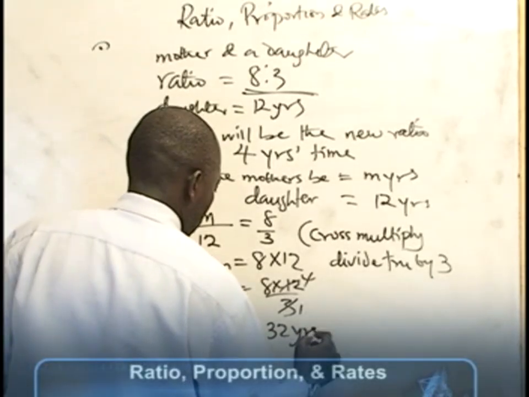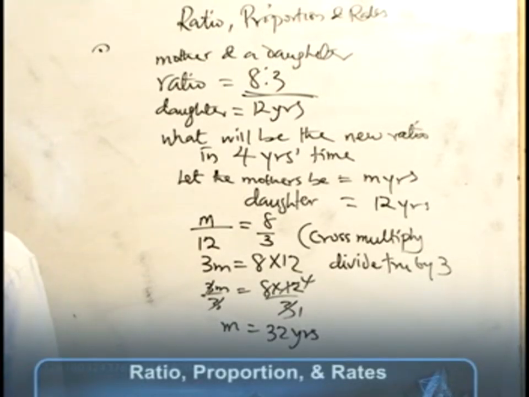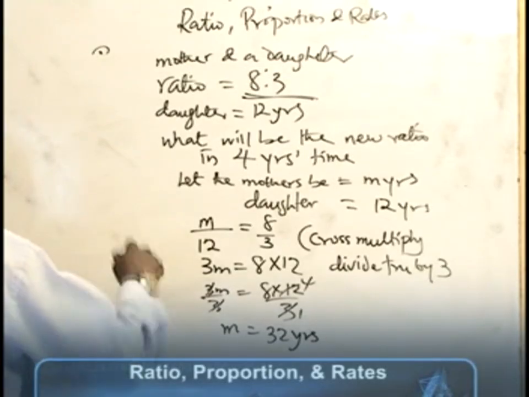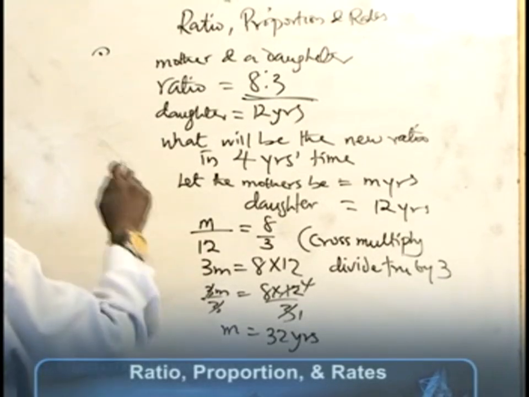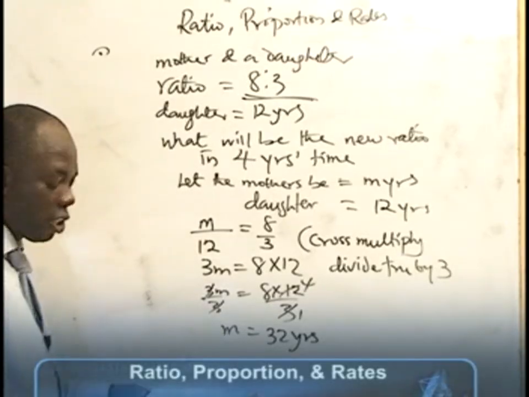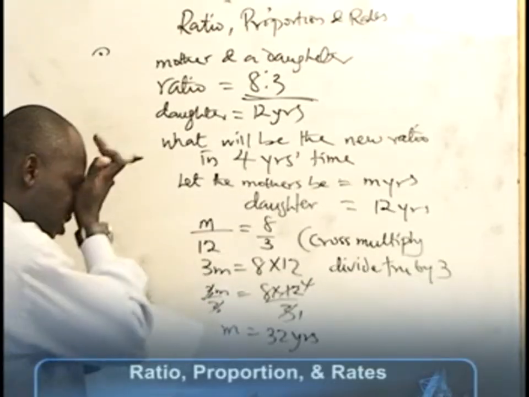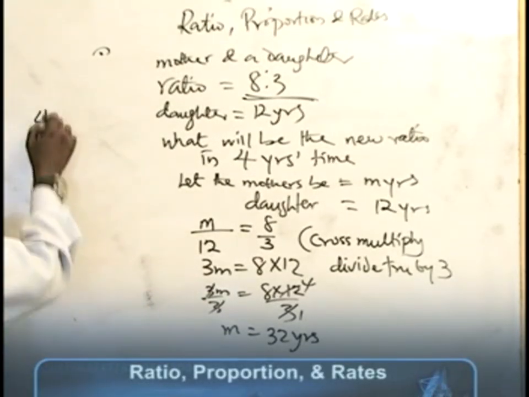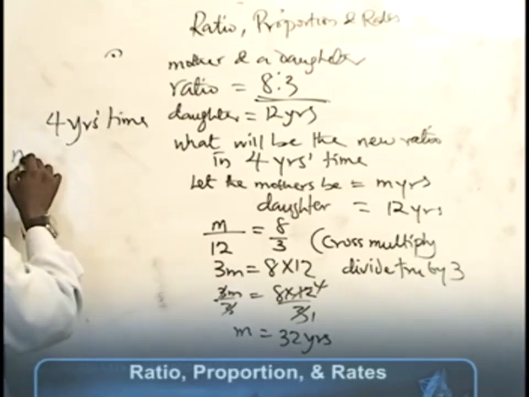32 years. Okay? Now that we know the age of the mother as 32 years, what will be the ratio of the ages of this mother and the daughter in 4 years' time? In 4 years' time, how do we achieve this? In 4 years' time, the mother